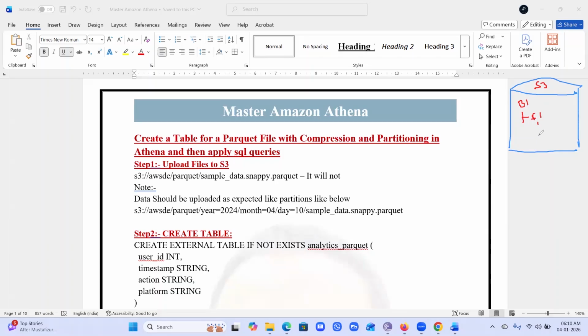In this folder, we are going to create different partitions: partition 1 and partition 2, and like that, multiple partitions, up to partition N. In these partitions, we store files in the Parquet format,